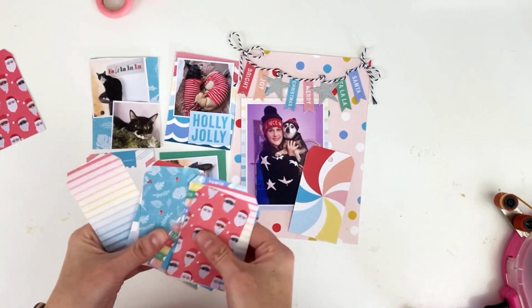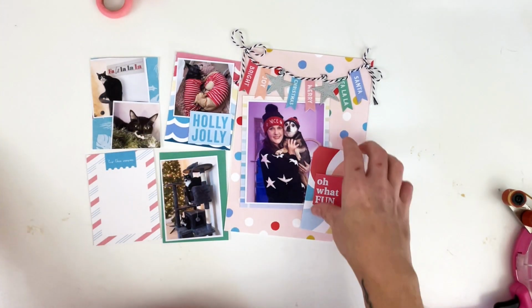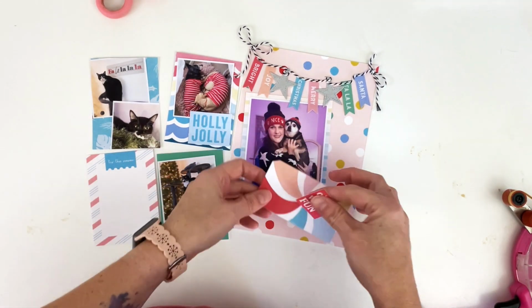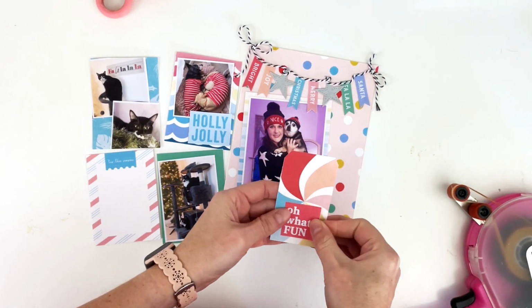So you can see I'm adding all of my photos at an angle. I decided to go a little jaunty because the collection is jaunty, and I have all of these "oh what fun" and "holly jolly" sort of things that are cut out from one of the papers in the printable set. So I'm adding those in,